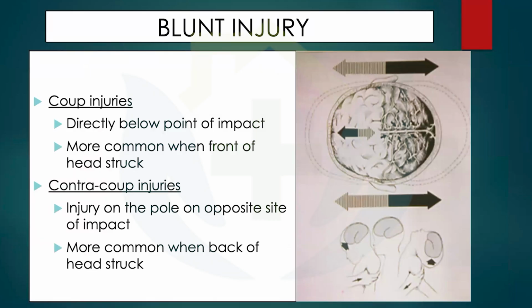Blunt injuries, formerly in forensic medicine we used to read these things: coup injury and contrecoup injury. Coup injury is because of direct trauma. Supposedly a person is driving and suddenly something comes in front of the car and their head goes and bangs against the windshield. Because of this direct impact, they have an injury to the part of the head that is directly touching the windshield. At the same time, on the exact opposite side of the brain, because the brain is a moving structure,